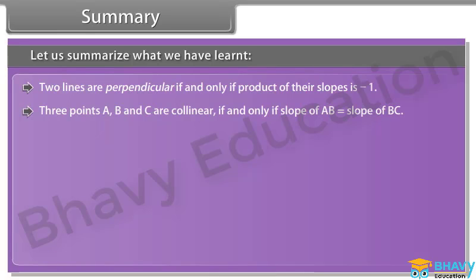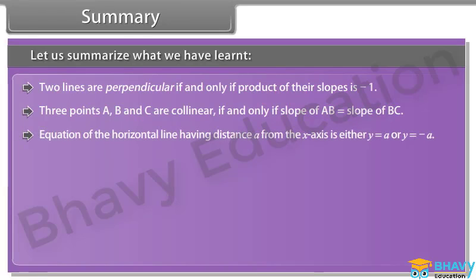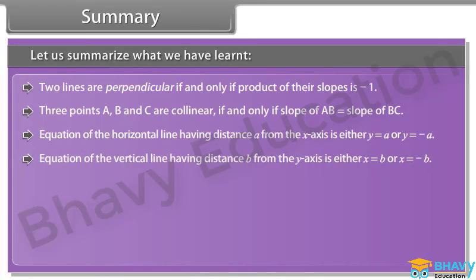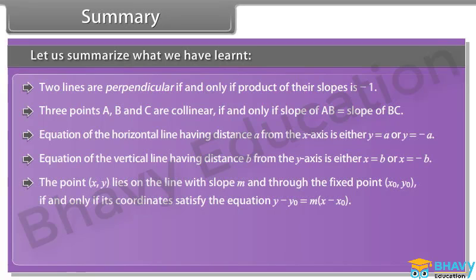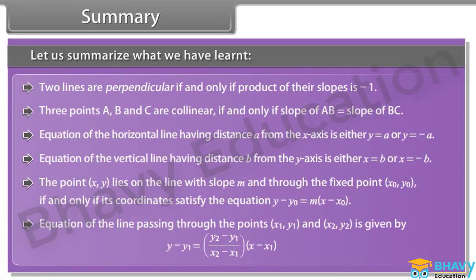Equation of the horizontal line having distance a from the x-axis is either y is equal to a or y is equal to minus a. Equation of the vertical line having distance b from the y-axis is either x is equal to b or x is equal to minus b. The point (x, y) lies on the line with slope m and through the fixed point (x0, y0) if and only if its coordinates satisfy the equation y minus y0 is equal to m into (x minus x0). Equation of the line passing through the points (x1, y1) and (x2, y2) is given by,